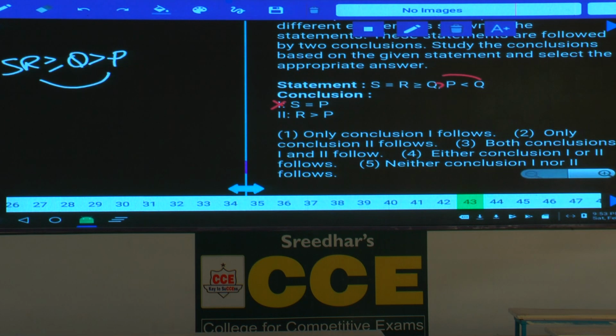Now what is the relation between R and P? R greater than P is definitely true. Hence what is your answer? Only conclusion 2 follows, it is choice 2. 43, it is choice 2. Then 44,